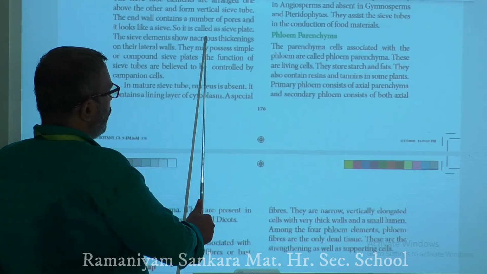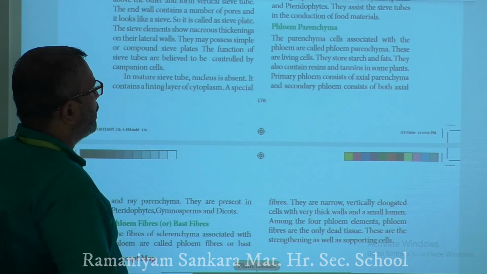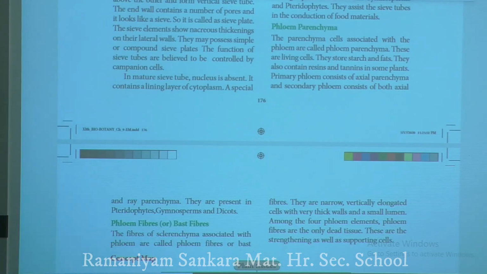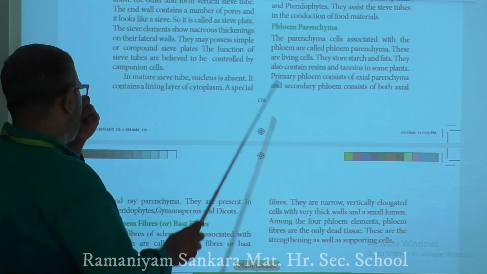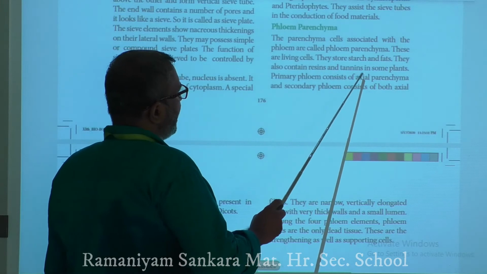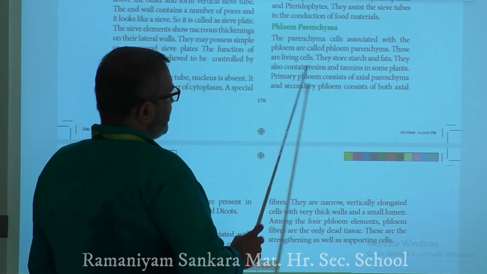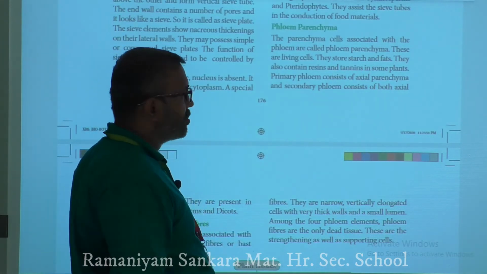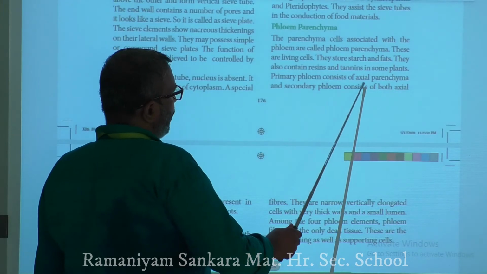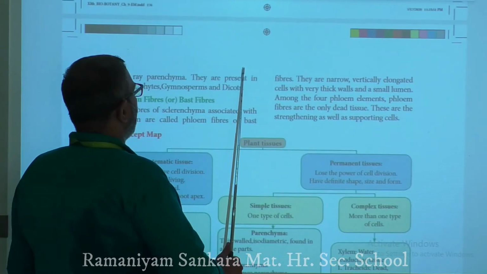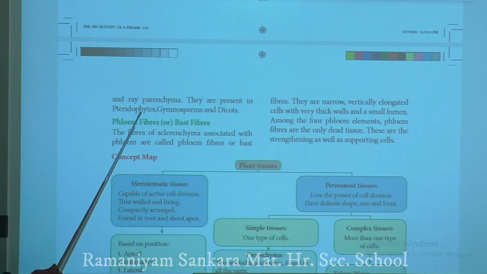Next one is phloem parenchyma. The parenchyma cells associated with the phloem are called phloem parenchyma. These are living cells. They store starch and fats. They also contain resins and tannins in some plants. Primary phloem consists of axial parenchyma, and secondary phloem consists of both axial and ray parenchyma. They are present in pteridophytes, gymnosperms and